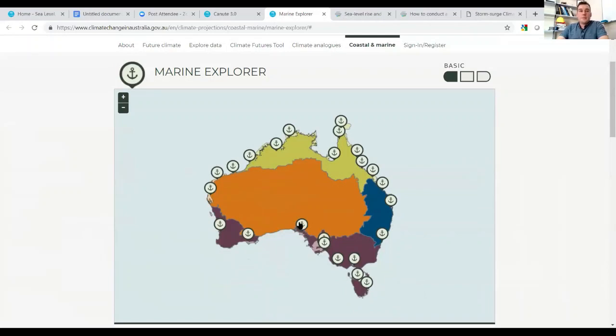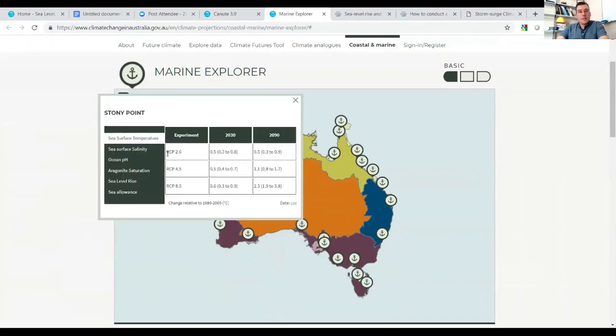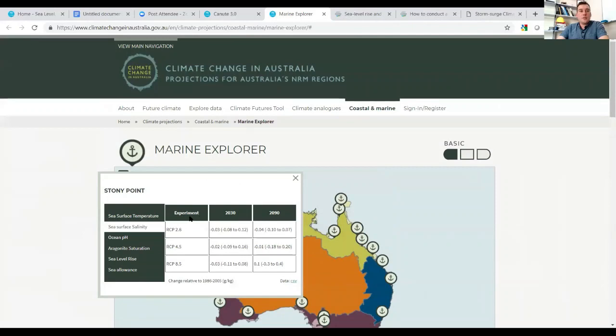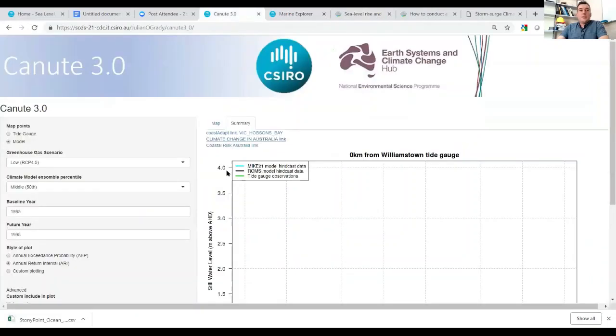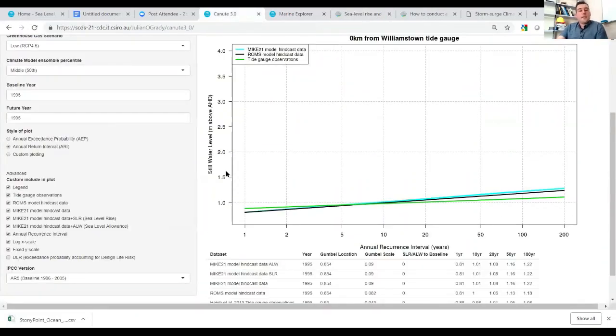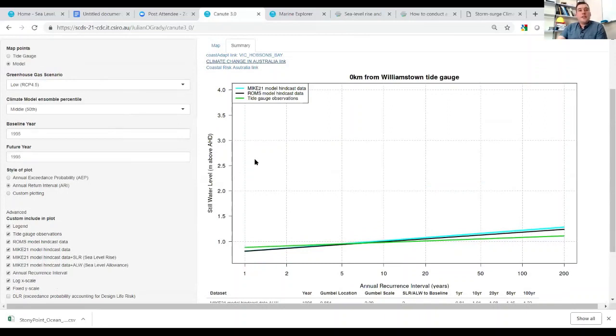We click to a point near Williamstown, and we can see all this information on projections, and also the different experiments or the RCPs and the allowances, so we can extract that. So there's a whole lot of information there. Now we can see what the data is behind the sea level rise information. We can now go and choose a future. So